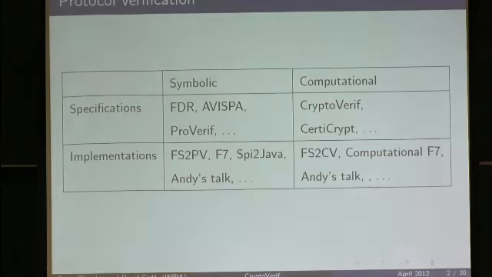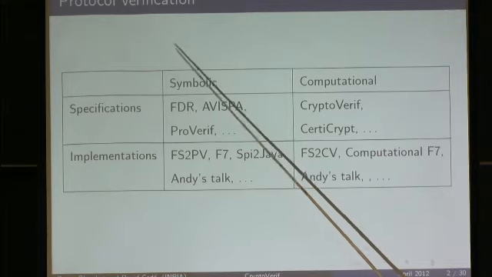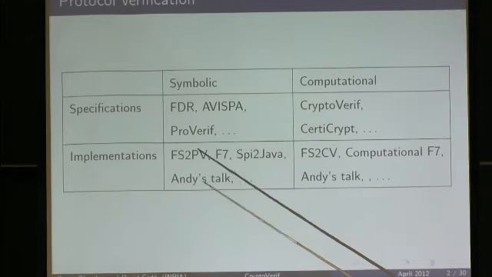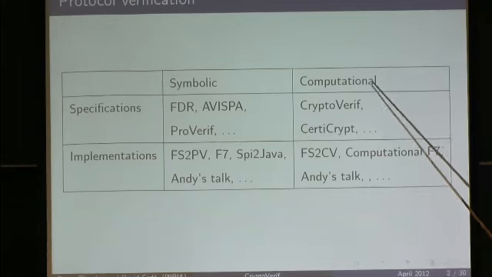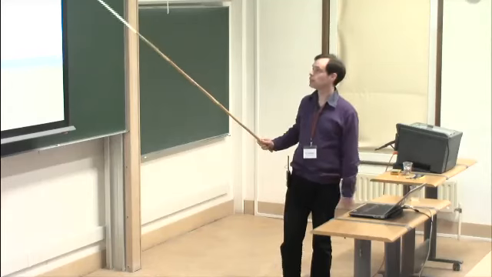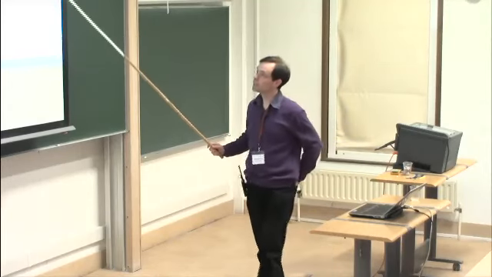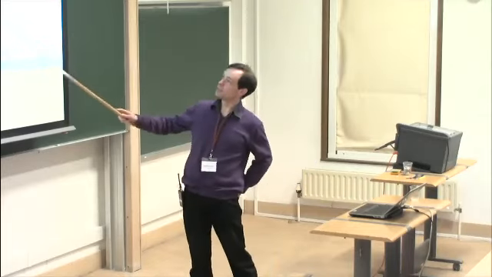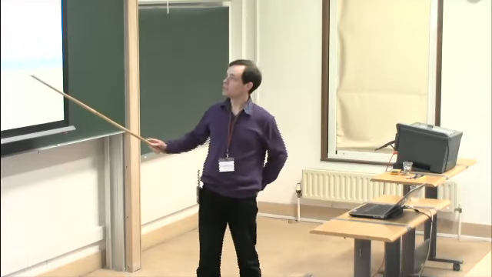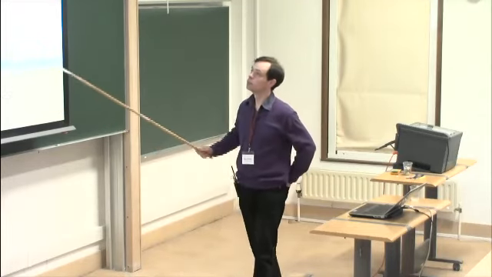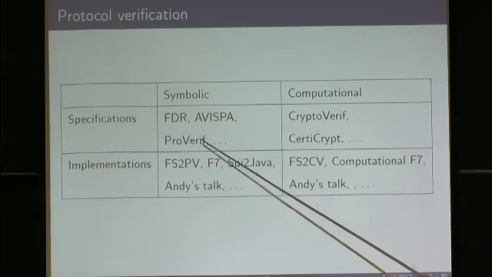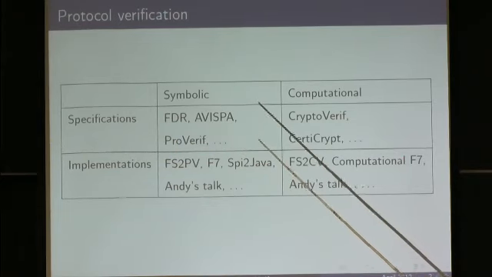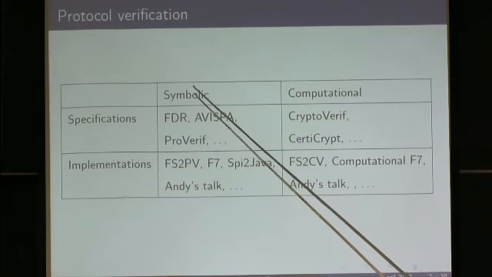So if you look at the various techniques for protocol verification, some techniques rely on the symbolic model, the Dolev-Yao model. Other techniques rely on the computational model, which uses bit strings to represent messages. And some techniques deal with specifications of protocols, and others with implementations. The more traditional ones, and the first ones, were techniques that worked in the symbolic abstract Dolev-Yao model, and